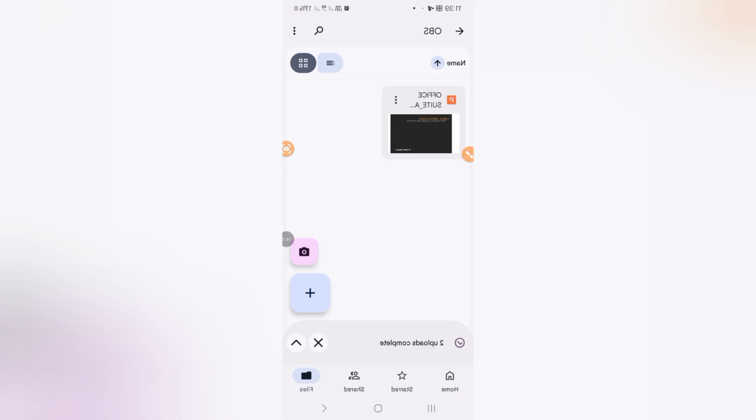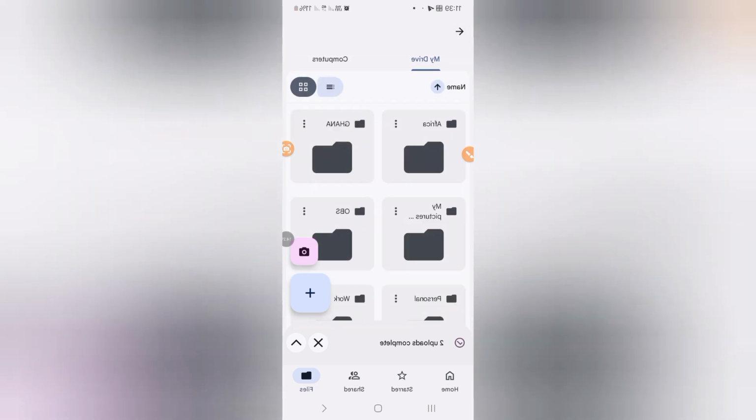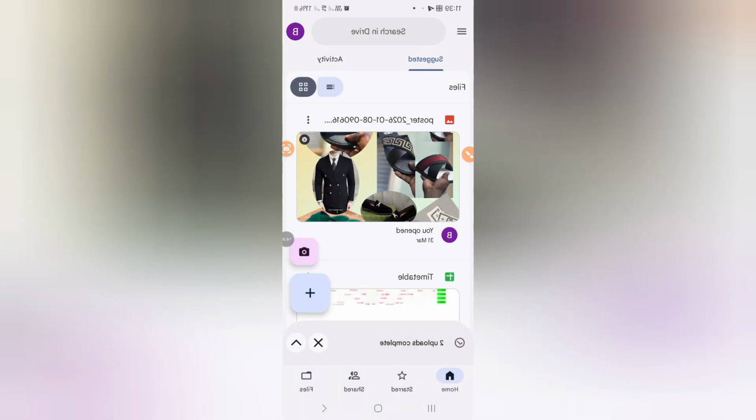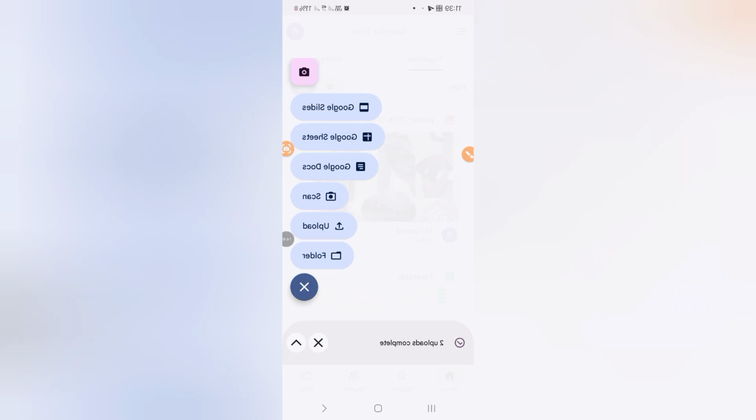Yes, so that's how we upload items to our Google Drive. It's not all that difficult. It's very, very easy. Yes. So first, I said you create a folder. After creating the folder,